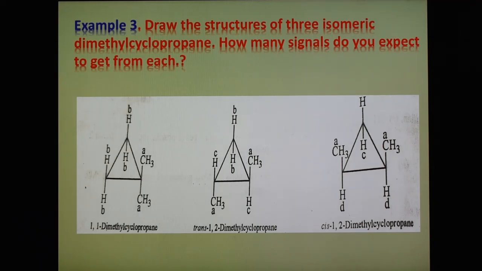And in the third compound, how many different types of protons are there? Now again it is cis, these positions are similar, and here A, then proton B is there, which is shown here, and then proton C, and this is D. So the CH3 protons are A, then B, C and D. So a total of 4 signals are there because 4 different types of protons are present in this third compound. In this way we can find the number of signals in a compound.